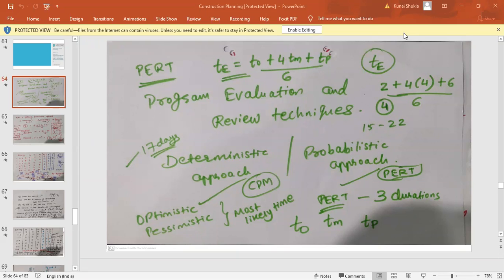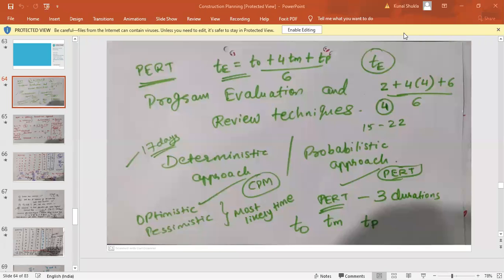Now, is there any type of project where you can say that I cannot decide the time? It might take 4 days, it might take 5 days, it might take 6 days. Is there any example of such an activity? Because as I said, if there is a repetitive design, or if I can easily predict that it is taking 8 days, then that is called a deterministic approach. Now, the second method, that is the PERT method. It is used in many different places, but in the case of the PERT method, I cannot decide that it will take specifically 8 days.